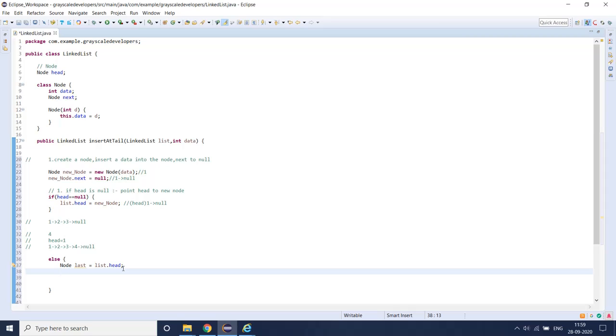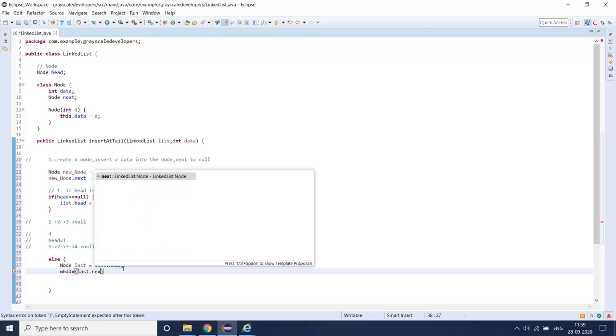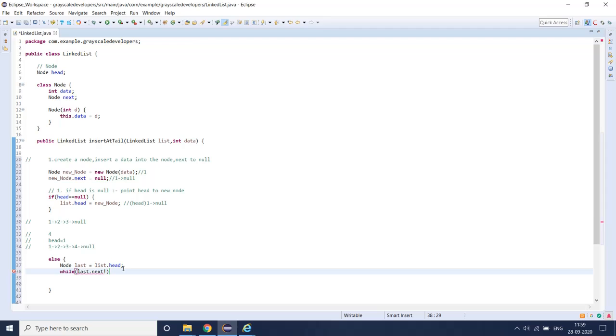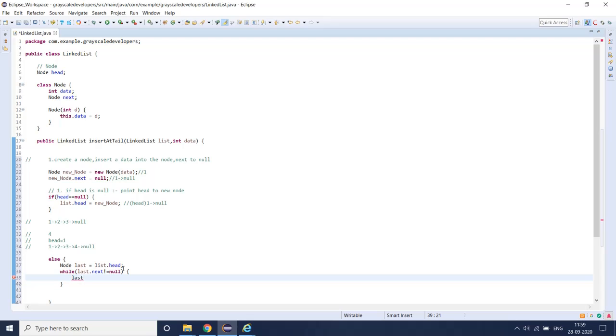So I have to traverse. So here I am using a while loop. So what condition I can check it here? So if it is head, so I'm checking it like last dot next not equal to null. And I'm making it here like last equal to last dot next.